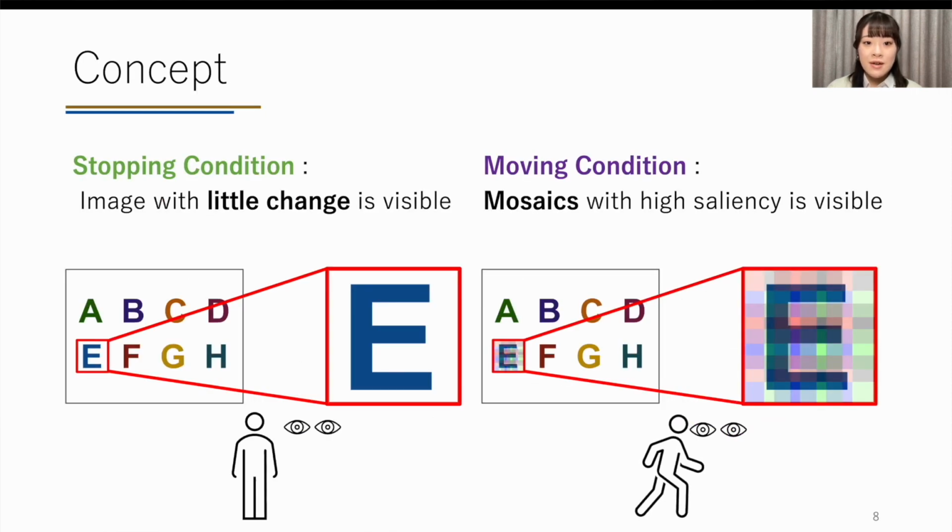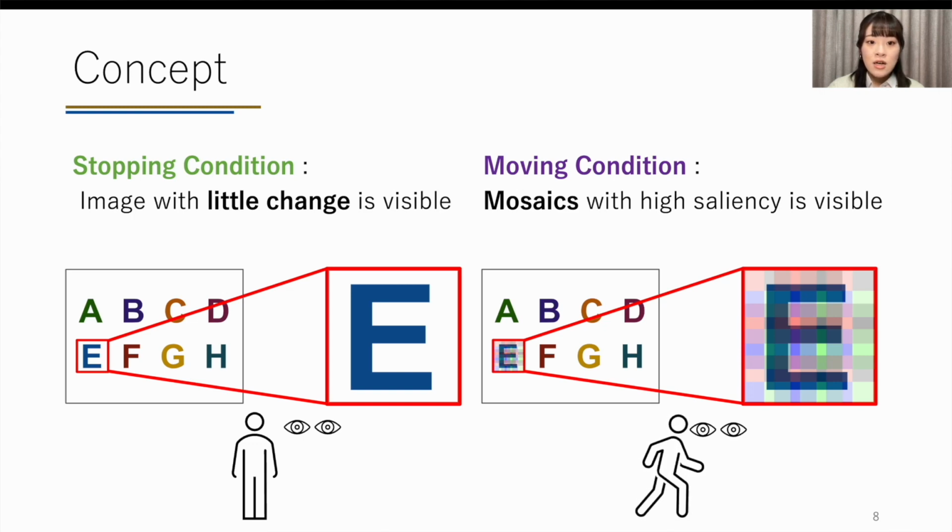To meet these requirements, we suggest a concept that saliency will be enhanced only in moving conditions. Saliency is a measure of how well an area discriminates against its surroundings. In this study, in order to guide the gaze, a part of the image is changed into mosaics to enhance saliency. MOSion allows the users to guide the gaze while walking and then turn off the gaze guidance effect when stopping. It is possible to guide the gaze without disturbing the observation of the image.